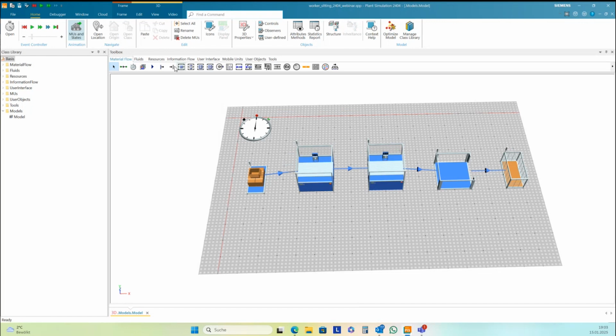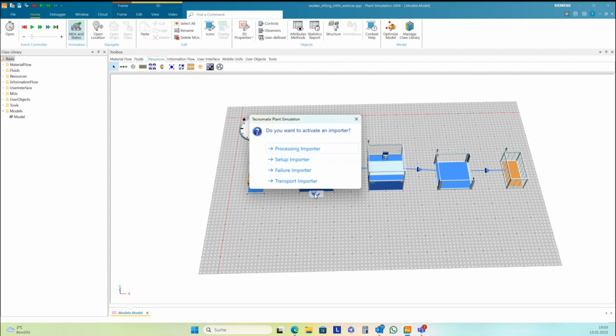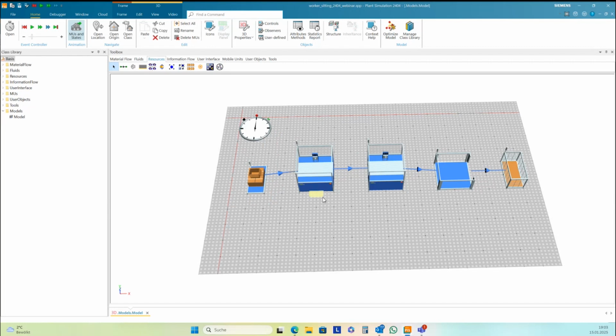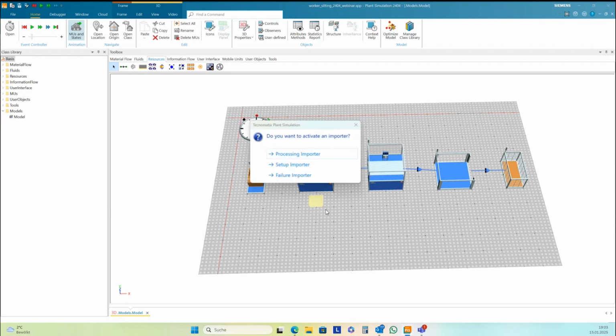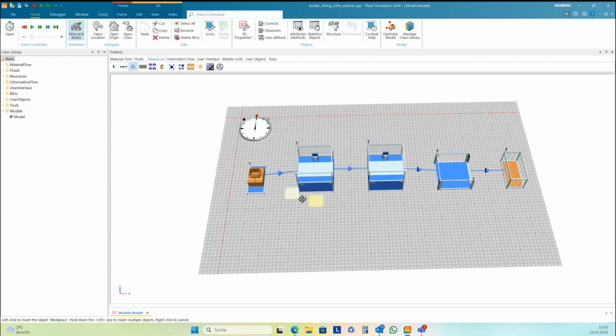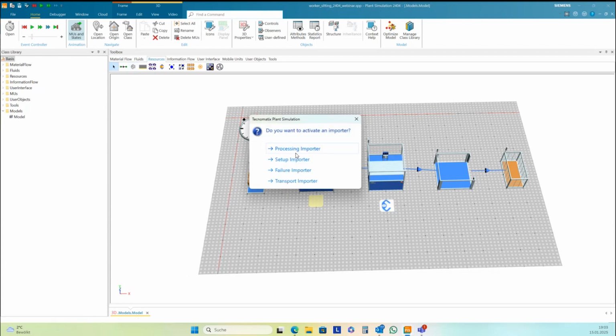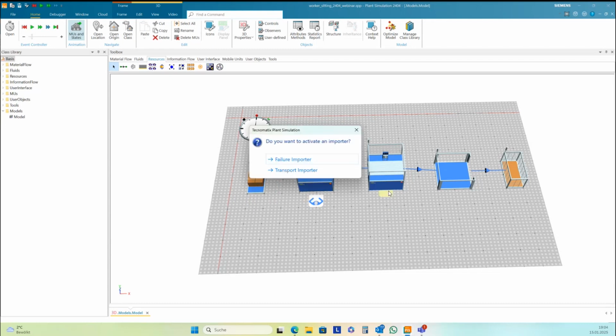And we need some workplaces. We need one workplace here, and activate the transport importer. We need a second workplace on the second machine. We need process importer and transport importer.